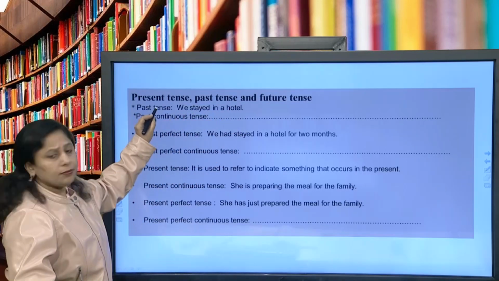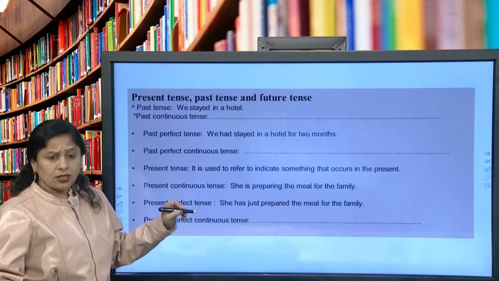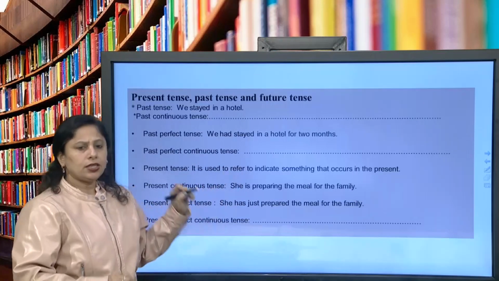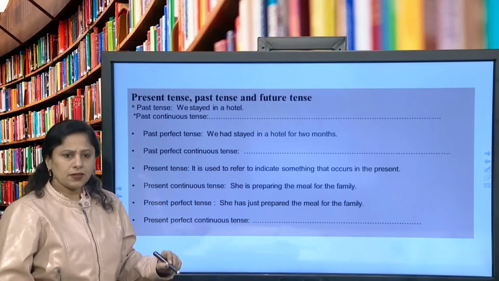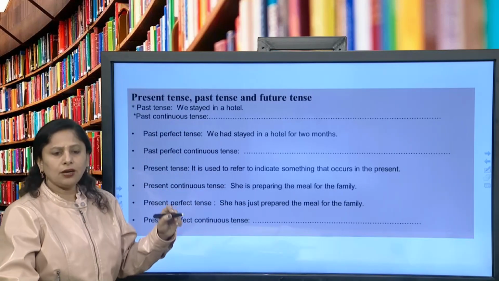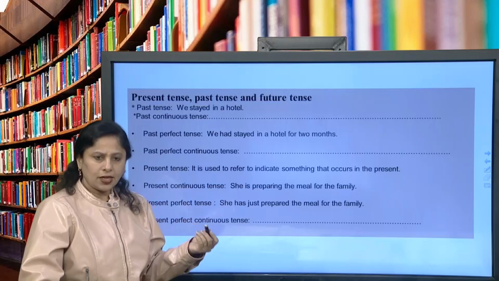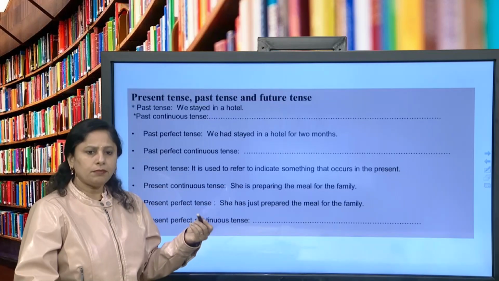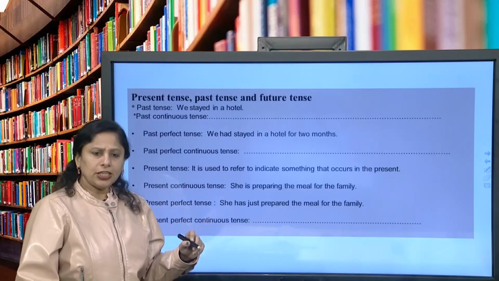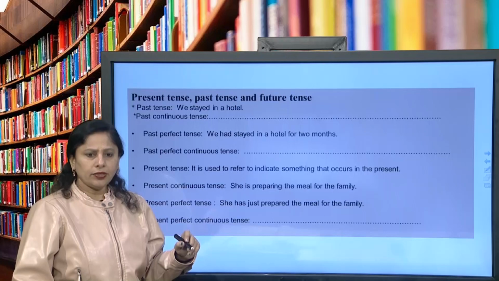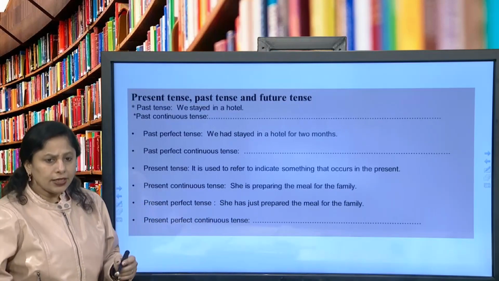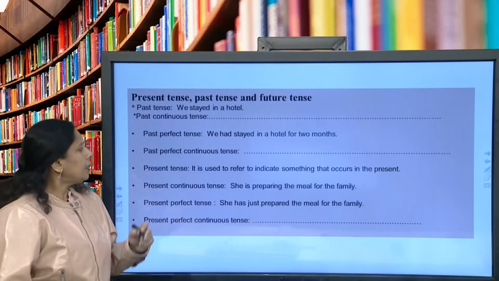Here you can see that present tense is about the current event, the current action. For example, the teacher teaches English, the teacher teaches grammar. It is a present tense sentence. The past tense sentence: they learned the verb forms yesterday. That is a sentence about yesterday's event, a past tense sentence. And the future tense sentence: we shall finish the grammar by the end of January. So all these three kinds of sentences denote the tenses and time period.